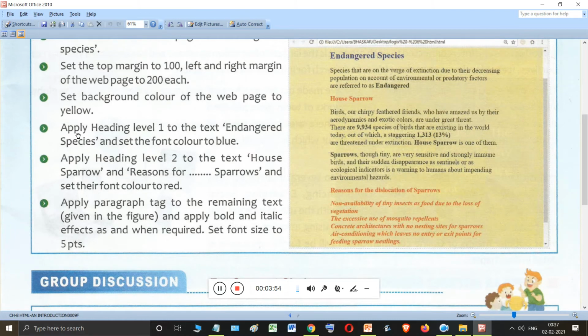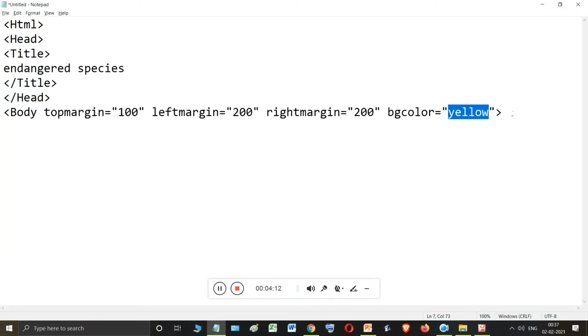Now they are saying to apply heading level 1 to the text endangered species, to this text in the body, and its font color should be blue. So font color is blue and heading level is H1. So let's do that.